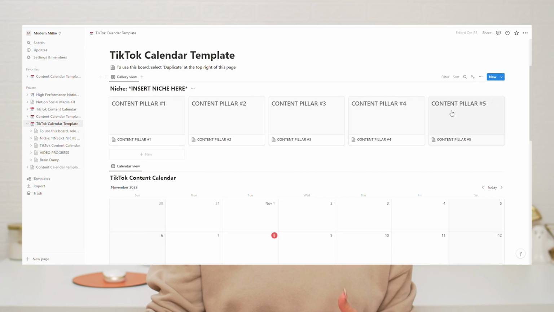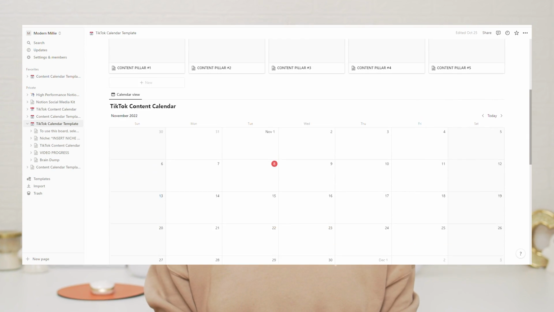When I was planning my content ahead of time, this was the exact content calendar that I used to keep